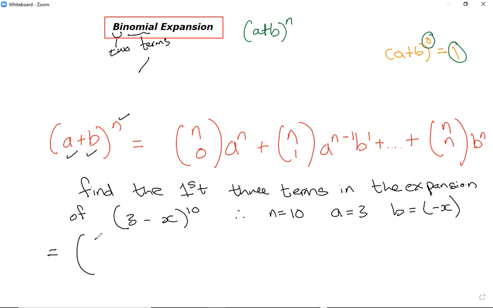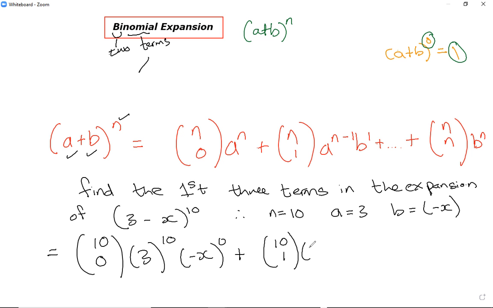It's going to produce 10C0, and 3 takes the first power, so it'll be 3 to the power of 10. Then the last term takes on the r value, which is going to be 0. We do this expansion 4 times, so 10C1, 3 to the 9 now, (negative x) to the 1, plus